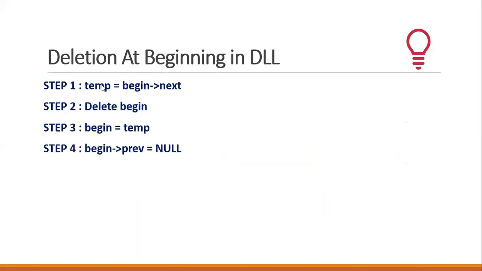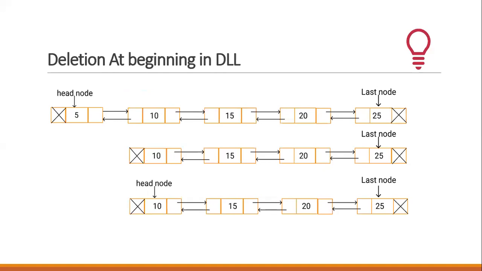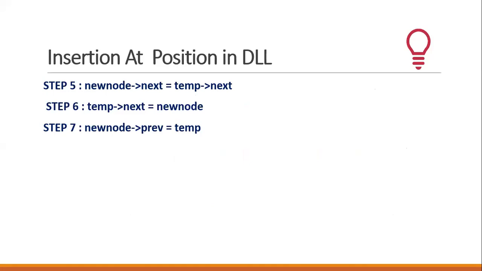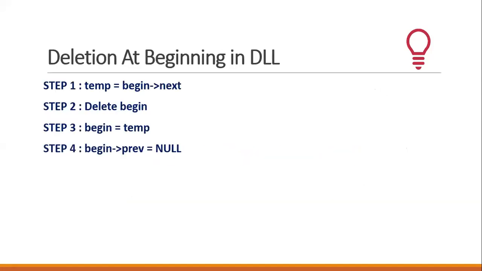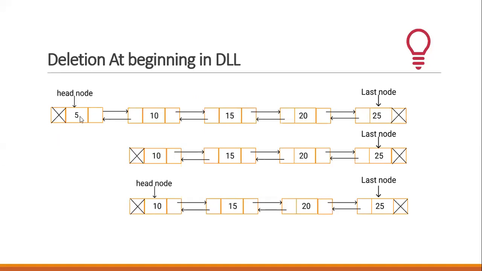Let's see. So first of all, we are making use of, let's say, temp. Okay, and temp is equal to begin of next. So please understand, what is temp? We are telling temp is begin of next. Now, as of now, we are talking about the first situation. What is the begin node? This is the begin node. Begin of next is pointing to what? Begin of next is pointing to this node. So now temp is actually acting as begin of next. Which means in this scenario, this is the begin node and this is the temp node. Which means we have identified a node which is after the beginning node.